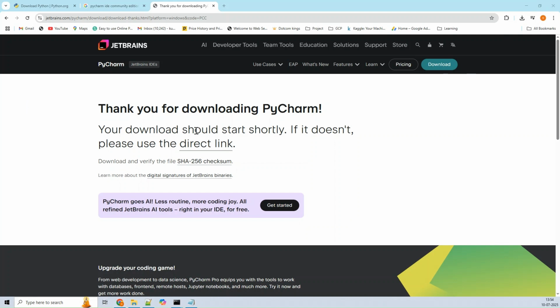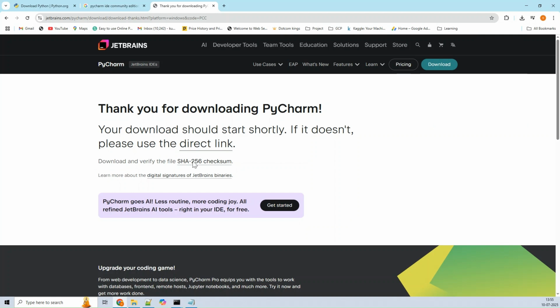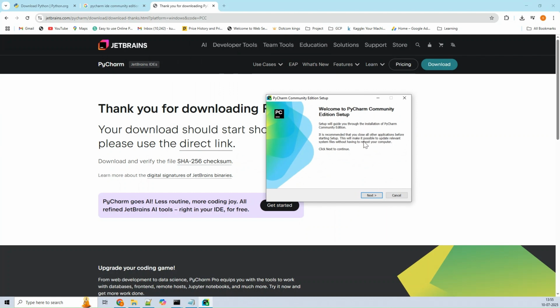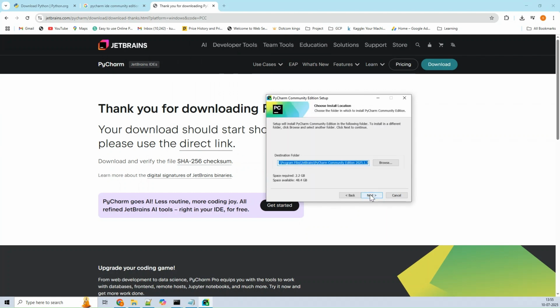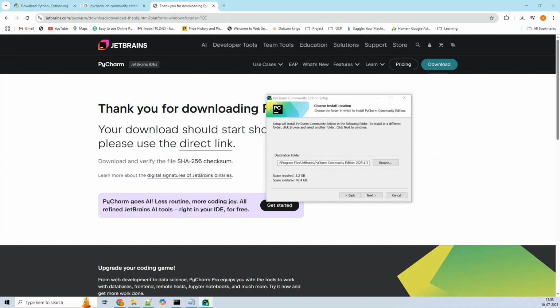So I just clicked on the yes button. So it is still installing. After downloading, I think I directly double clicked on this executable file, so it is directly installing in my system. So yeah, now it has finished the installation. Click on continue, next, where you want to install it. I want to install in my specific location, so let me figure out where I need to install it.